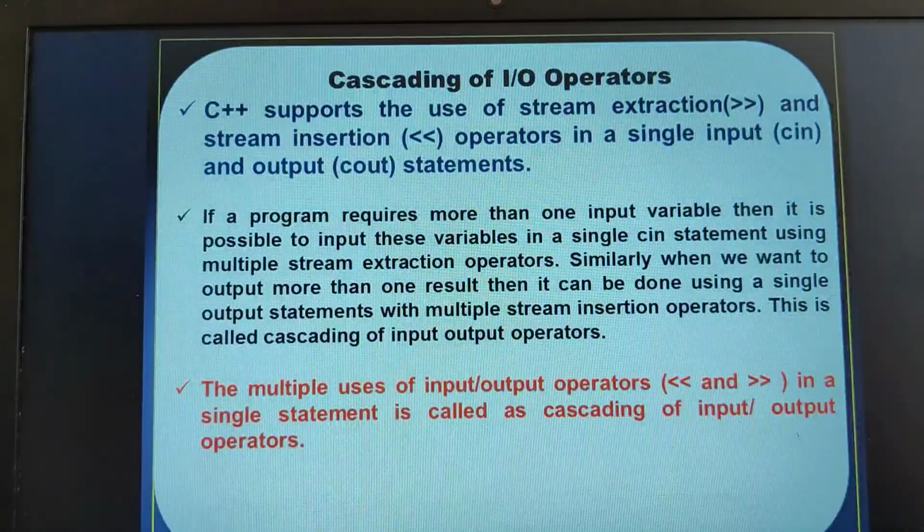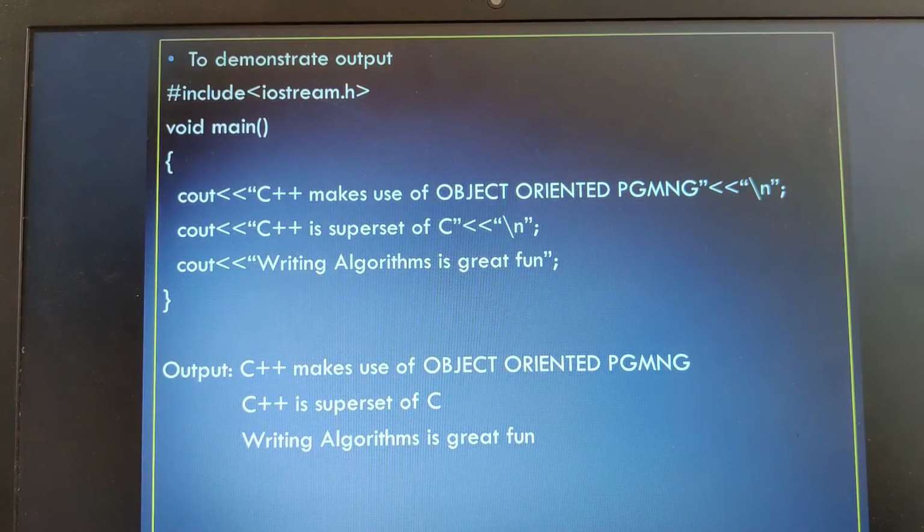Moving on to a very important and interesting concept, that is the cascading of input-output operators. Kindly cooperate, students. What do we mean by cascading of input-output operators? Suppose I have 3 variables, and I enter 3 values.